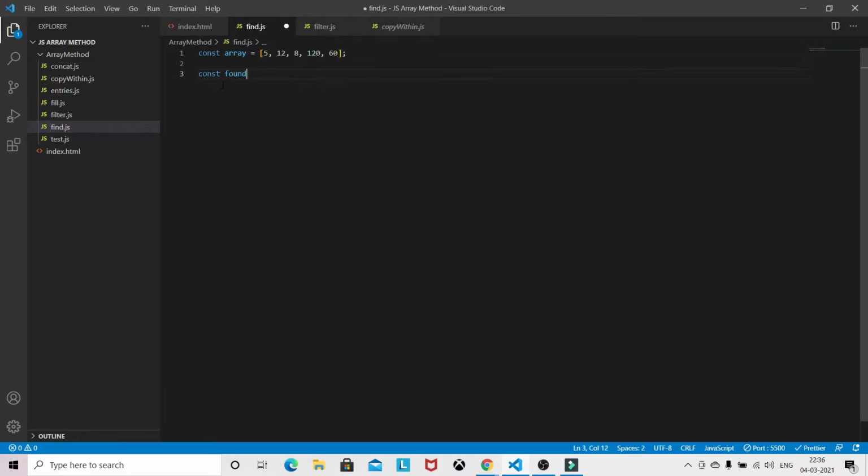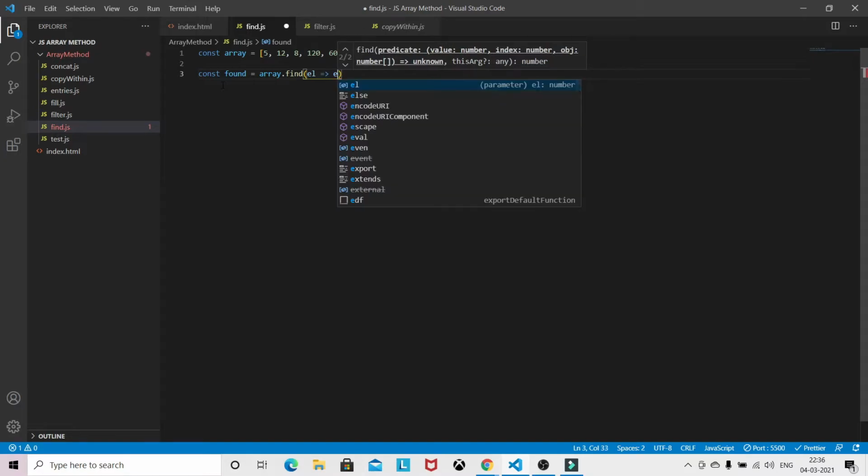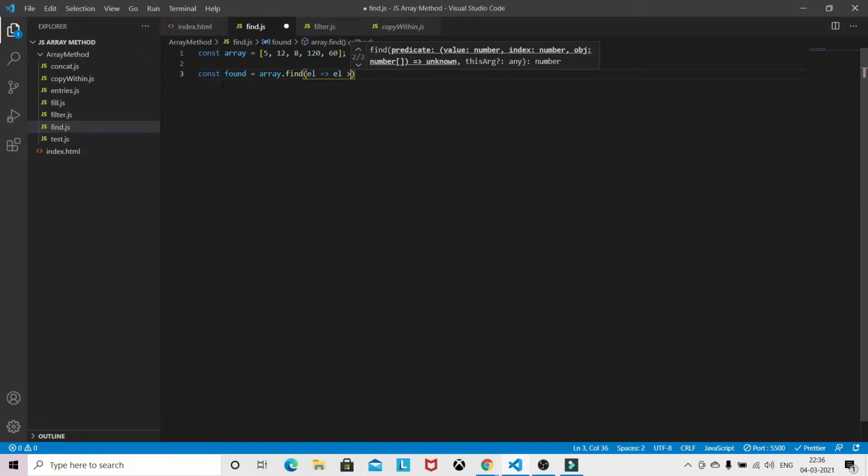So const found equals array dot find, with the element greater than 10.